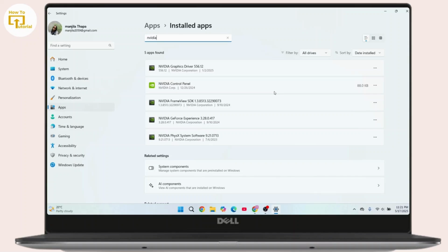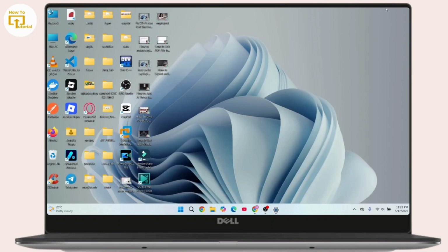Now to uninstall them, click on this three dots icon next to it, click on uninstall. So you have to repeat the same steps for each of these drivers right here. Click on this three dot and then click on uninstall. Once you have uninstalled all of the drivers, now to reinstall them back, what you can do is you can